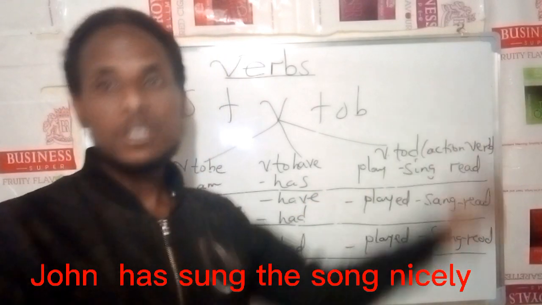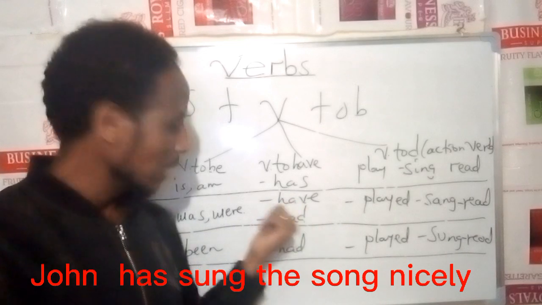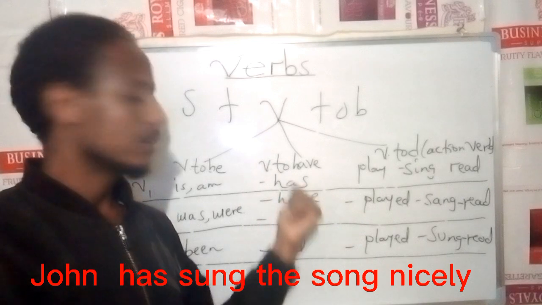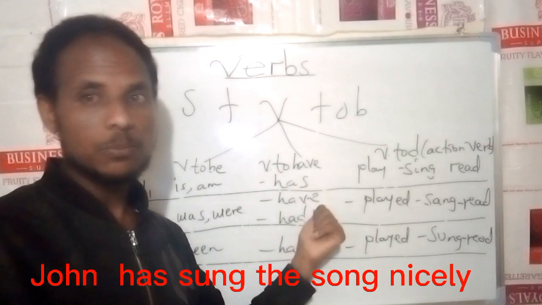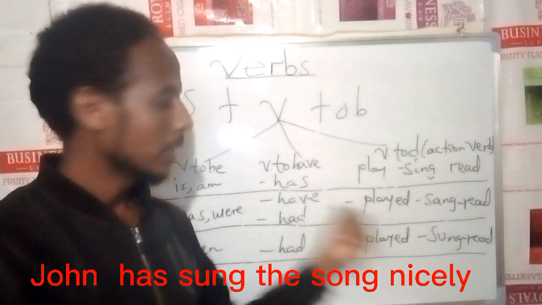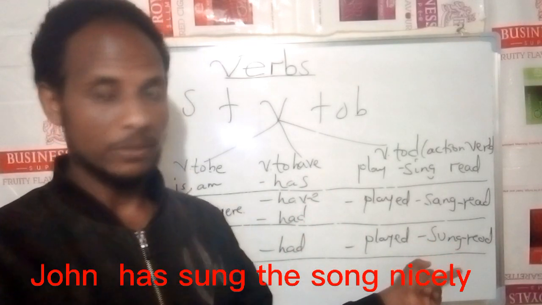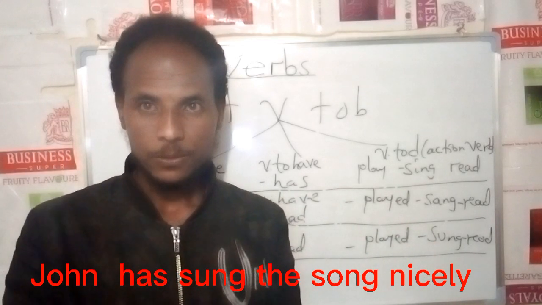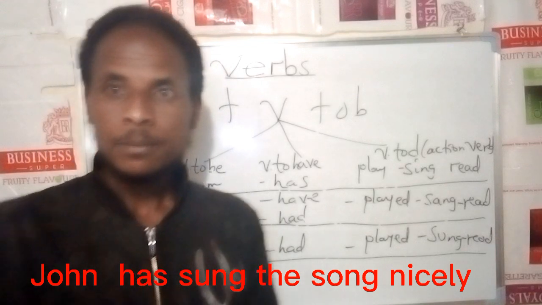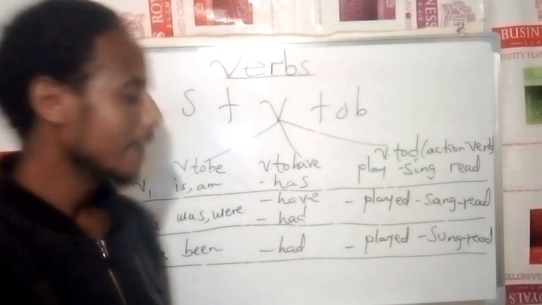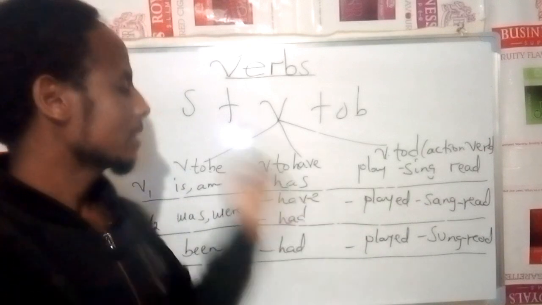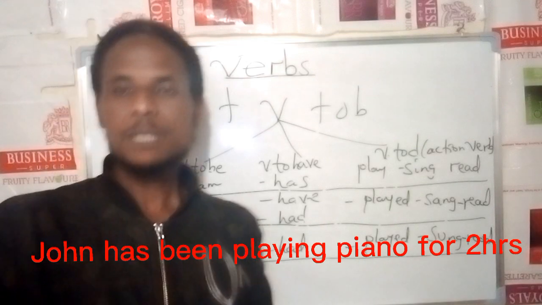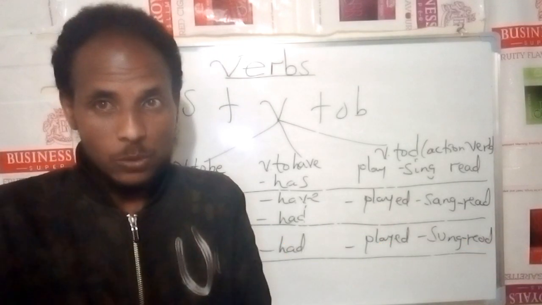Verb to have ባሉበት ሃዝ ወይም ሃቭ ይሆናል according to the number of the subject. Whether it's singular, it takes the verb to have, has; if the subject of the sentence is plural, with have and the past participle form of the verb to do or main verb. የሜን verb to have ከሜን verb ጋር ሲመጡ ሜን verboች ወደ v3 ይቀየራሉ ማለት ነው። ያ ቴንስ ሶስተኛው ቴንስ ምን ይባላል present perfect። አራተኛው ቴንስ እርስ በርሳቸው ሁሉም ይገናኛሉ subject plus verb plus being plus verb with ing present perfect continuous tense ይባላል።